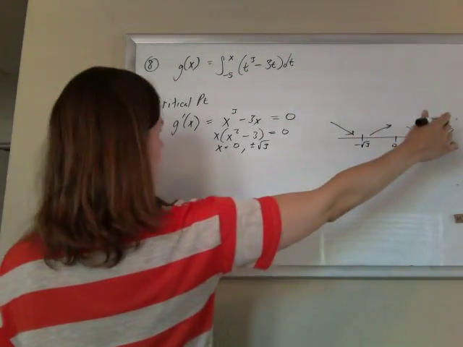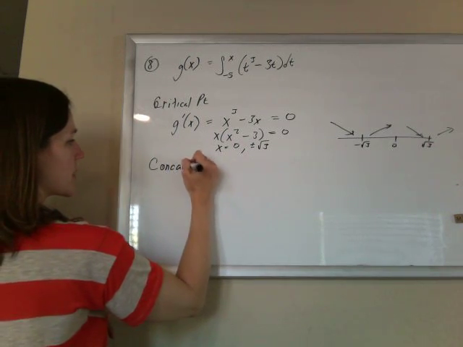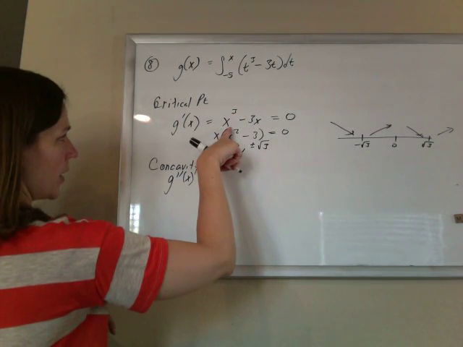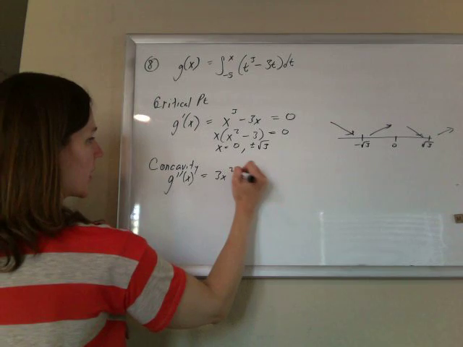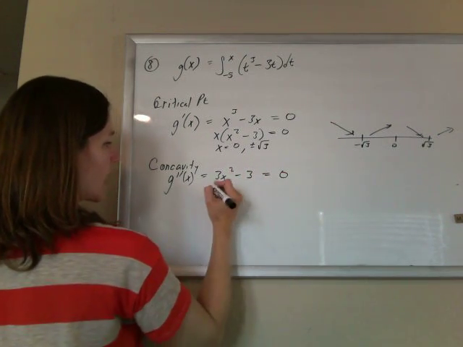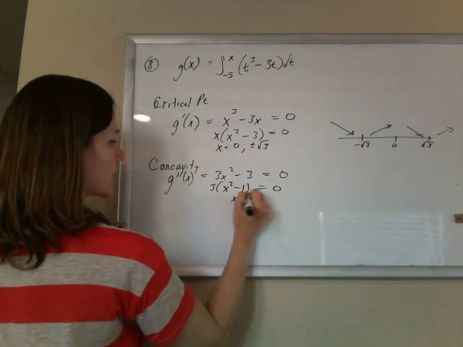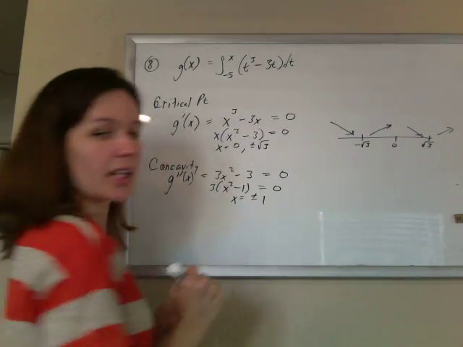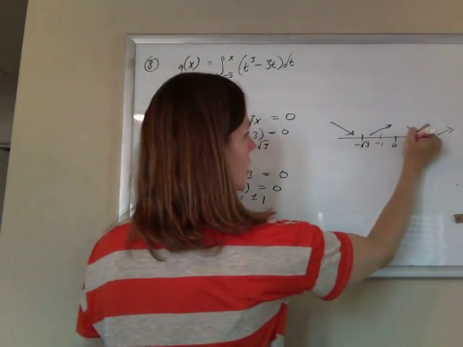Kind of got a shape of my graph there. If I wanted to talk about concavity, that comes from the second derivative. So the second derivative is going to be just the derivative of the first, so that's 3x squared minus 3. It's going to change concavity when the second derivative is 0, so that's going to happen when x is plus or minus 1. And if I put that on the same graph, a negative 1 here and a positive 1